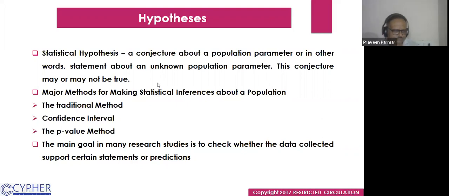Suppose we have two sections, A and B, in a school, for a particular class. In section A the mean marks in a particular subject like mathematics is, say, 65, and in section B it is 52. So there is a difference between 65 and 52, and then we test the hypothesis, and we get that there is a significant difference. There is no population parameter required. Does that make sense to everyone?